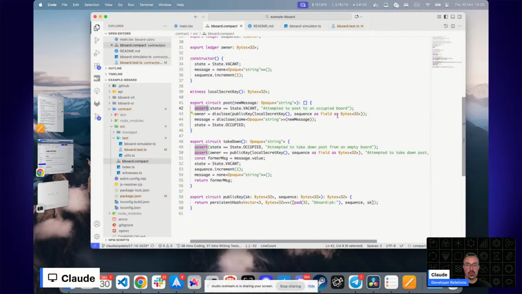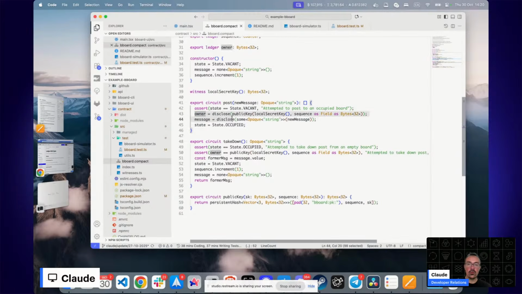And here we're going to use that function here. It's called assert, where we are going to check that the state is vacant. And if it's not empty, we are going to return an error message. So that's the error message. And at this point, the execution of the contract stops, and nothing else is executed, and it returns. So if this condition doesn't work, then you cannot execute the contract further, and everything stops. But if the bulletin board is empty,